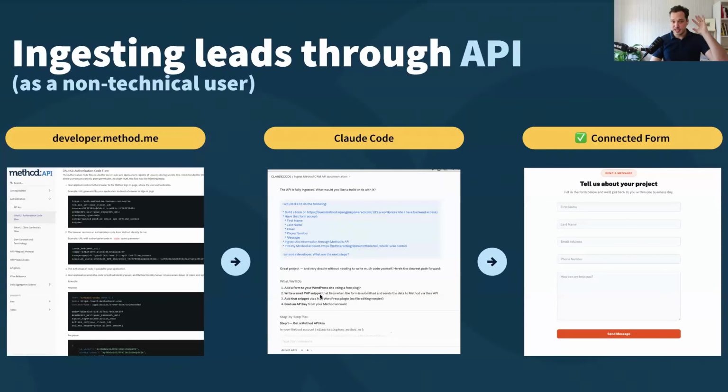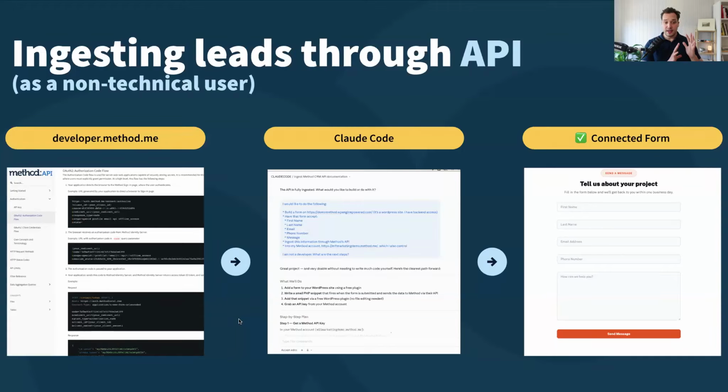So I myself, as a non-technical person, might want to actually push Method further than what I can just see on the screen. And there are a couple of things that I can do. One thing I can do is talk to Method's customization team, and they will help me build a different workflow inside of the app. I can also try to do it myself, but really the most effective, fastest, and most reliable way to get it done exactly the way you want it is to talk to our customization team.